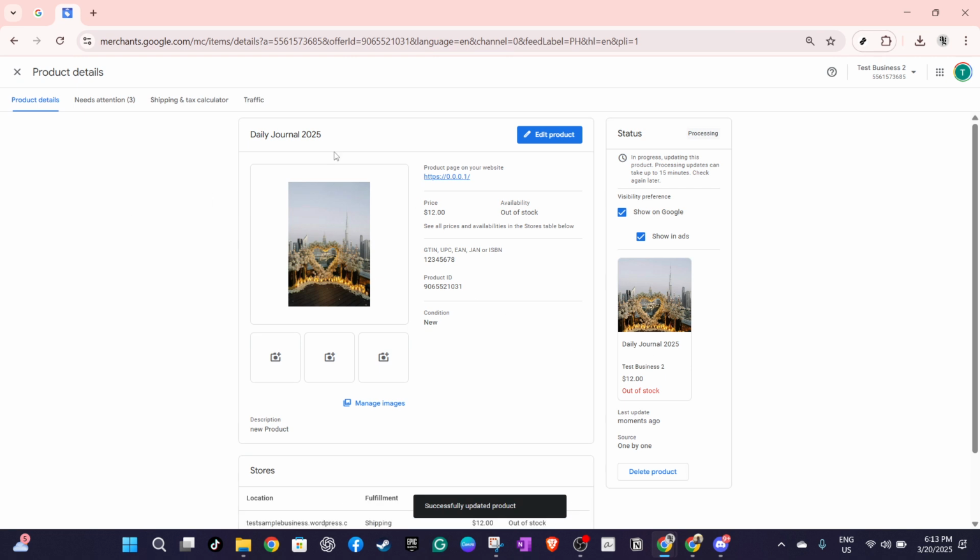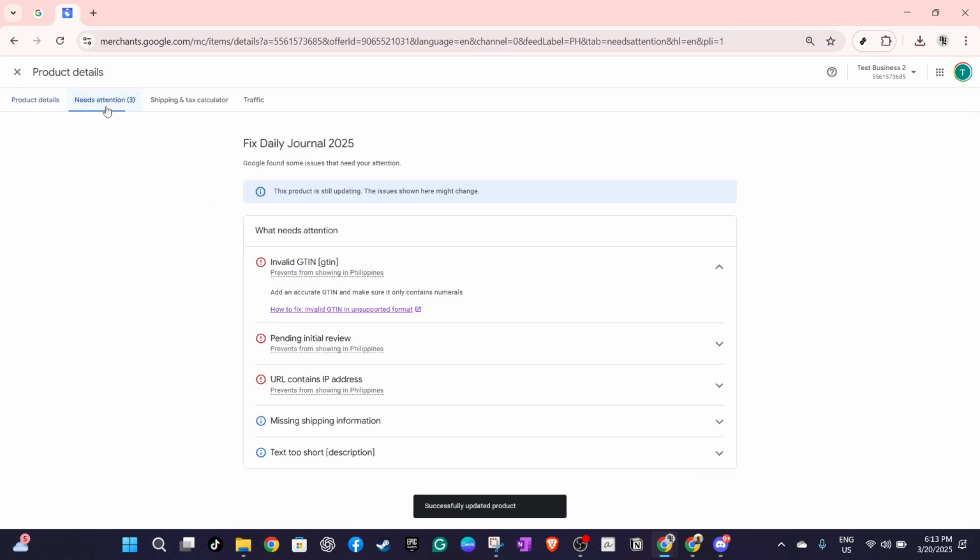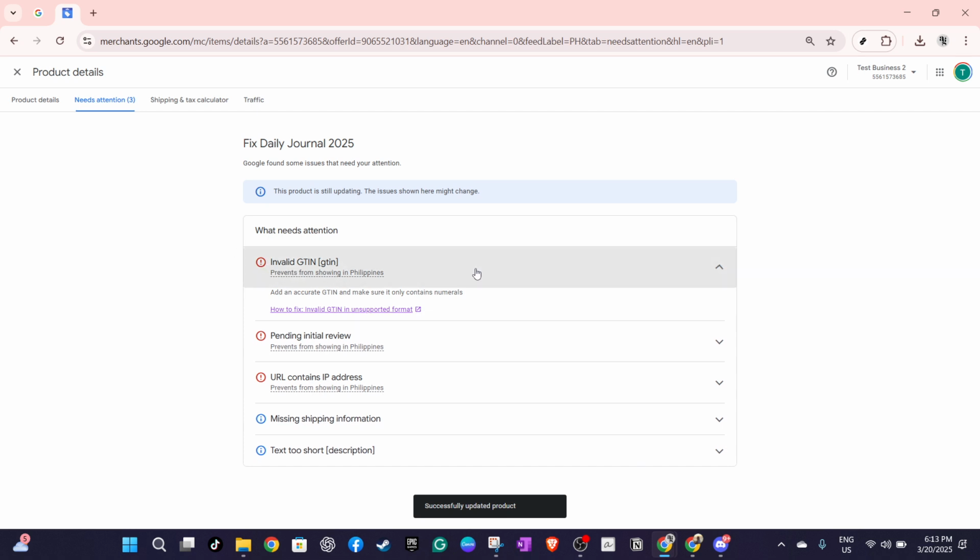And that's it, you've successfully tackled GTIN errors in Google Merchant Center. By following these steps, you ensure that your product listings are in top shape, ready to reach a wider audience